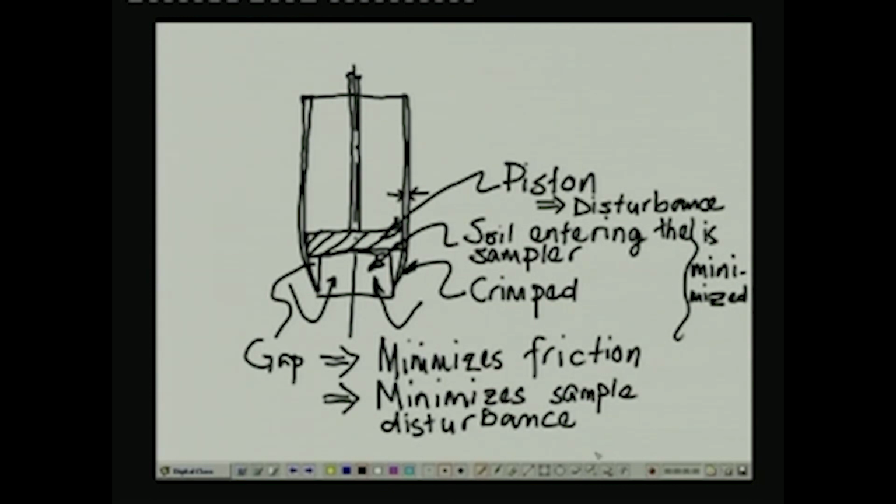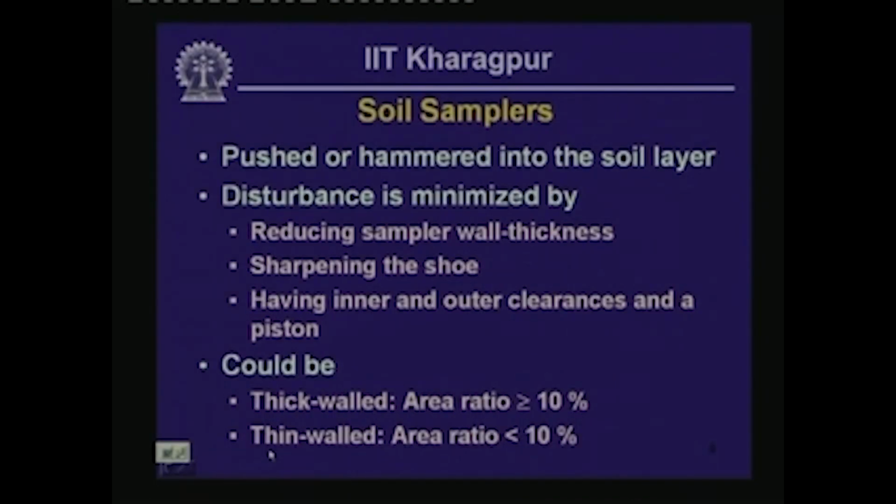We need to have a minute inner clearance, so that the friction between the soil getting into the sampler and the sampler wall is minimized, and we want to have a piston inside the sampler which prevents soil from outside the cross sectional area, outside the outer diameter of the sampler, from getting into the sampler. All these measures minimize the disturbance imparted into the soil